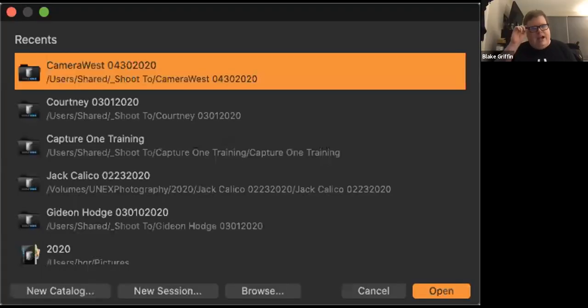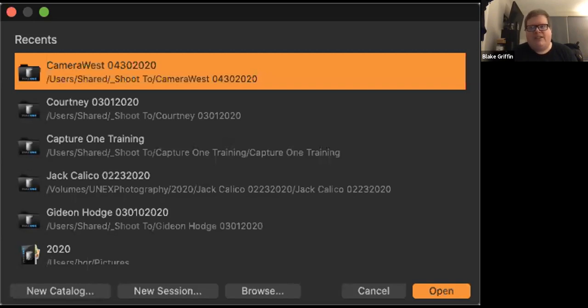So I'm going to go ahead and start by sharing my screen here for Capture One. I have popped up, and you can see here what is our recent catalogs window, or recent open window. If you are a Capture One user and you have already created either a catalog or a session, when you open the software, this will be the first prompt that you see, and it will allow you to open very quickly to a particular session that you had before. So before I get too started into this,